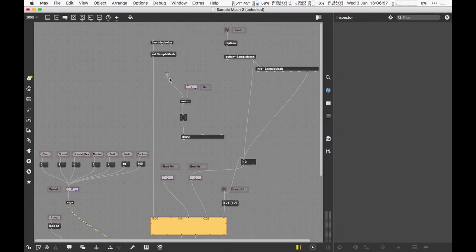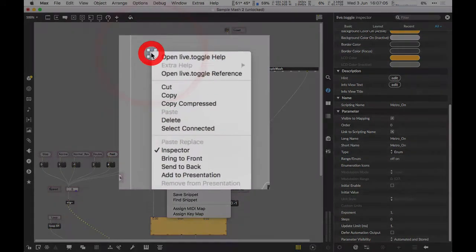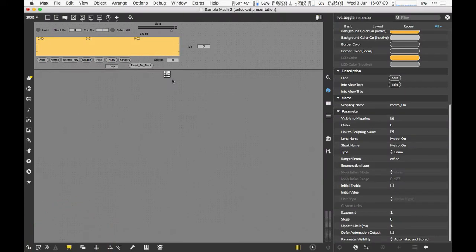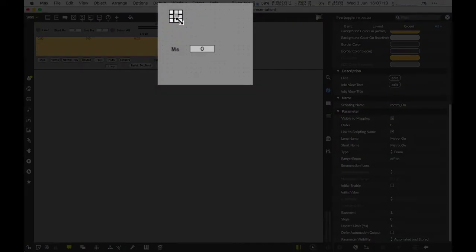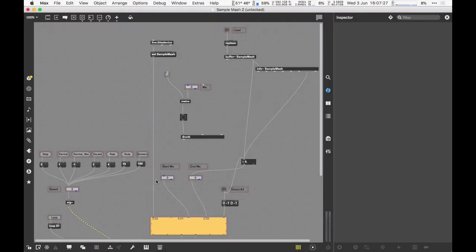Let's add the live.toggle to the presentation by right-clicking and adding to presentation mode. And quickly visit presentation mode and set this somewhere suitably in the GUI. You can also make the toggle a bit bigger by dragging from the bottom right-hand corner, make it a bit easier for the user to be able to activate the algorithm. Let's come back to building mode. So we can see here we've now got a simple way to switch on and off our random number generator,